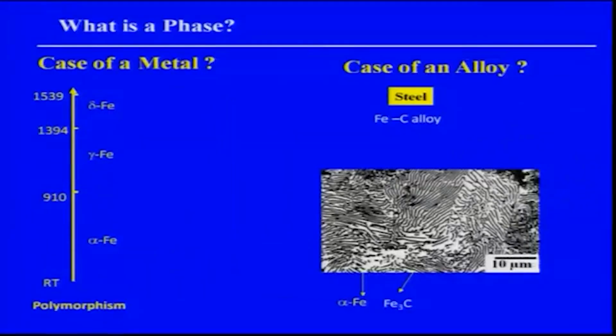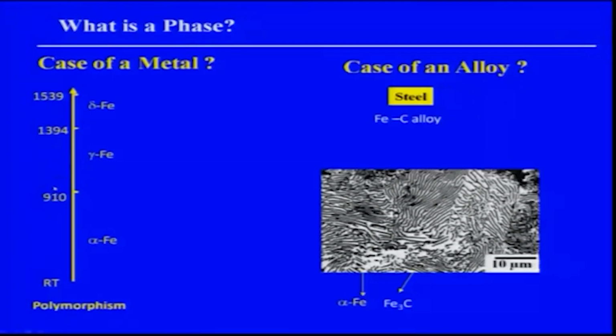Solid is the most complex stuff. Let us first consider the case of a metal, that is what we always give. Pure iron, iron is a God's gift. Pure iron is a solid and it consists of only iron. But if you look from room temperature to melting temperature, iron melts at 1539 degrees Celsius. It exists in 2 different crystal structures, but we always consider that it exists in 3 different crystal structures.